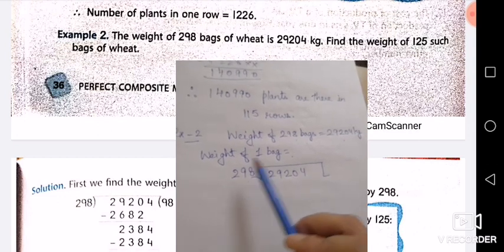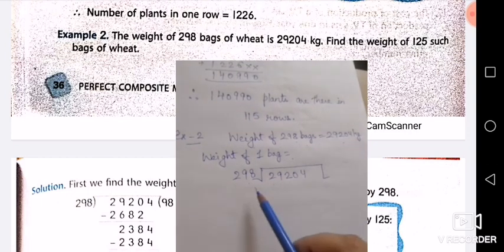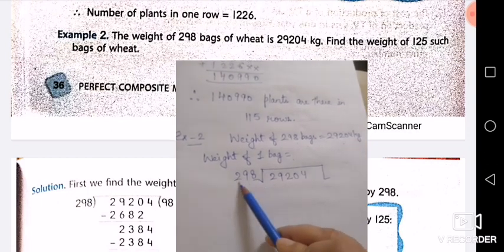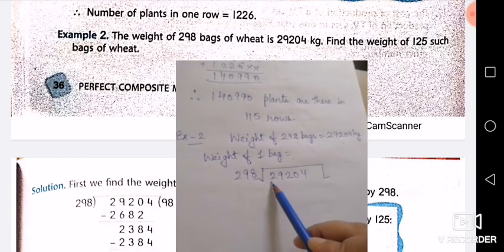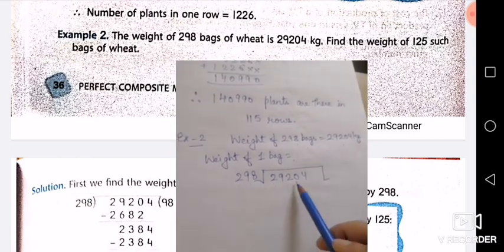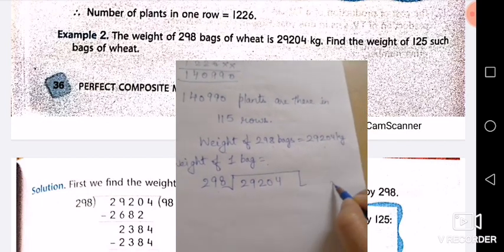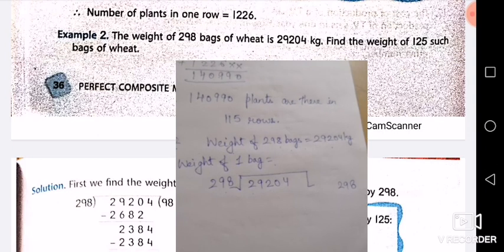Fine. A simple statement you can write, but that sentence must be correct. Now, here you can see this is a 3-digit number, the divisor is 3-digit, and in the dividend, the first 3 places are less than the divisor. So, we are going to take 4 places. Now, this 298 is going on,